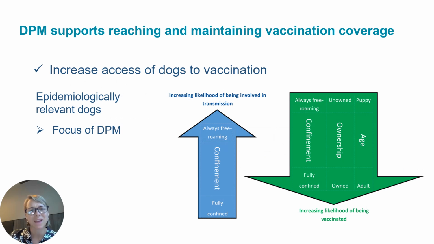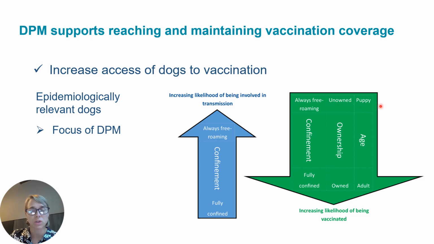DPM should also increase access of dogs to vaccination, and in particular, those dogs that are epidemiologically relevant to rabies control. So, we know that free-roaming dogs are the most at risk of being involved in rabies transmission, but the likelihood that dogs will be vaccinated actually goes in the opposite direction. Dogs that are fully confined, owned and adult are more likely to turn up to vaccination campaigns, whilst free-roaming, unowned